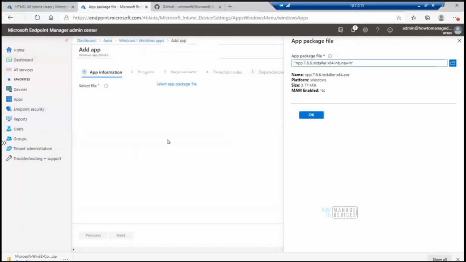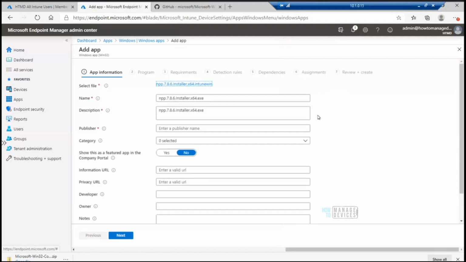I click on OK. So it says this is the package name. This is the platform, Windows is a platform. This is the size, and MAM enabled, no. We didn't wrap the MAM policies into the package, so that's fine. Click OK.